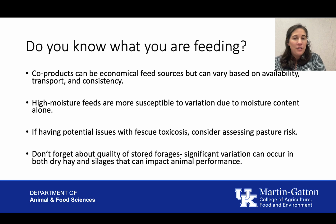From a fescue toxicosis or a grazing standpoint, if it's something that you believe you've had issues with, if you know that you don't have novel endophyte on your pastures, it may be something worth considering to assess your pasture risk. The testing for the ergovaline and the presence of the endophyte are not necessarily the cheapest things. I know the University of Kentucky's diagnostic lab runs those tests, but there's also just some issues with making sure